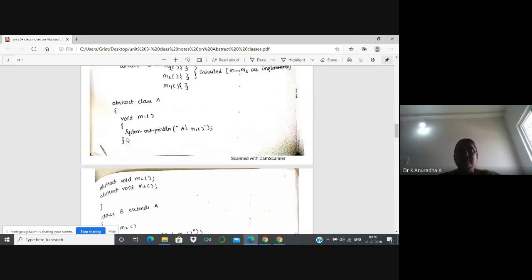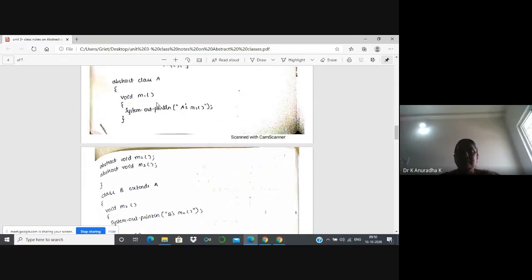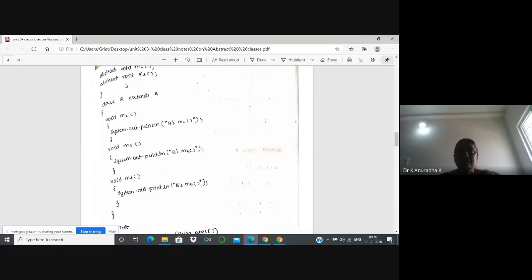After that I am writing one own method for class B, that is M4. So this is the program on abstract classes in case of single level inheritance. One abstract class and one concrete class which extends that abstract class. The role of this concrete class or subclass is that it has to provide the implementation to all the abstract methods of its superclass, which is the abstract class. That's why this class is providing the implementation to both the abstract methods of class A, that is M2 and M3. Next, this is the own method of class B.